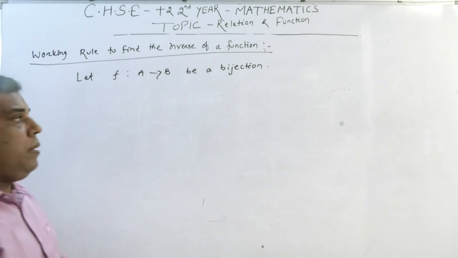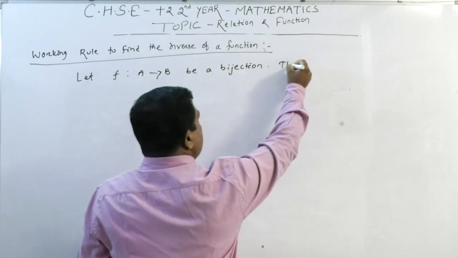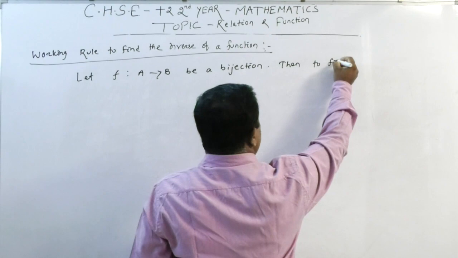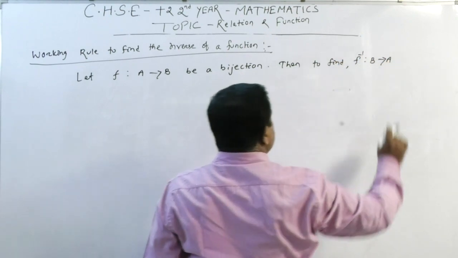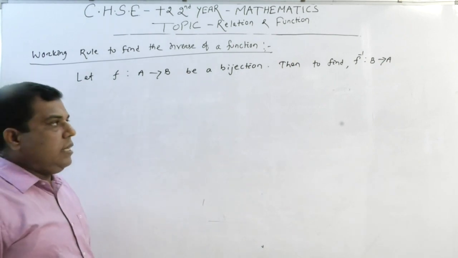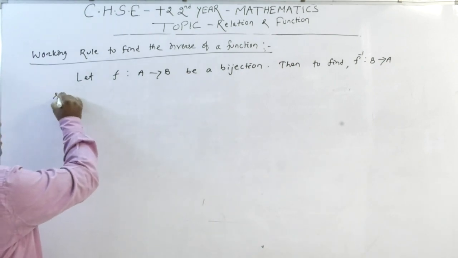Then to find f inverse from set B to set A, the steps followed are: